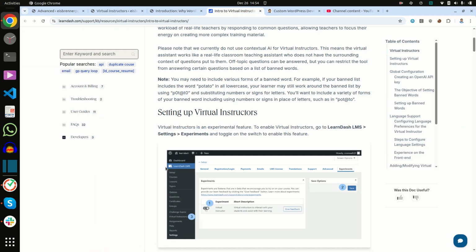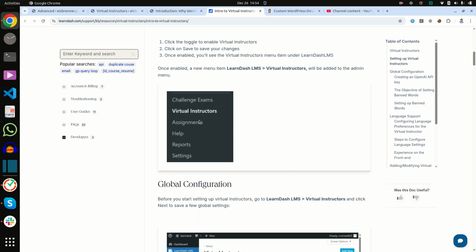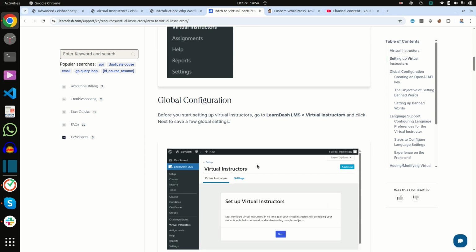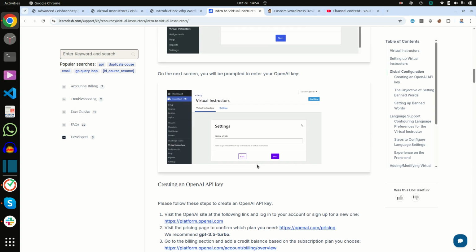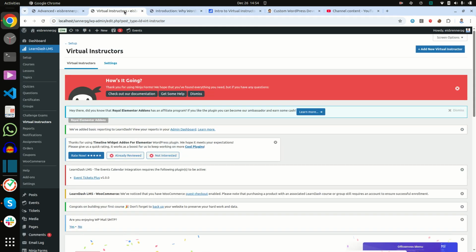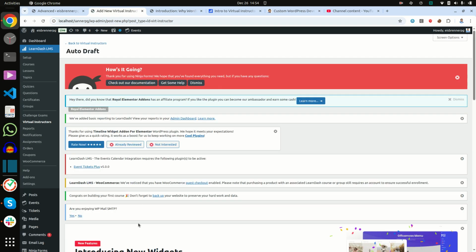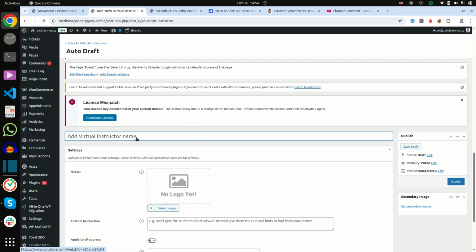Now in the second step, it is showing on our left side. Now you can see the Virtual Instructor option, then you can add a new virtual instructor. So for that, click on Add New Virtual Instructor, and here I am using